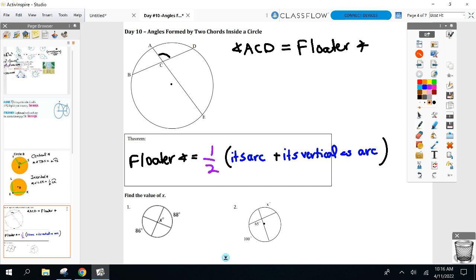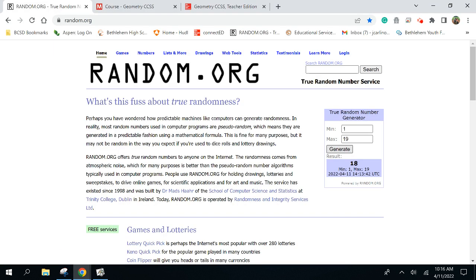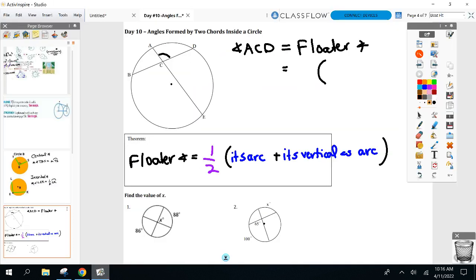Go back to ACD. Let's try this out on ACD. Name the two arcs you think I was going to add together here. First, name the arc that belongs to ACD for me. Arc AD. Good. So I'm going to add arc AD plus,